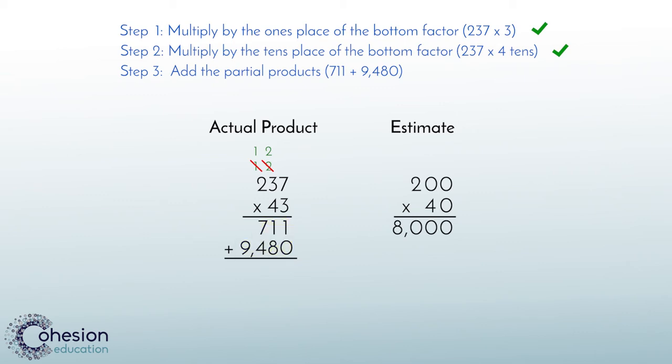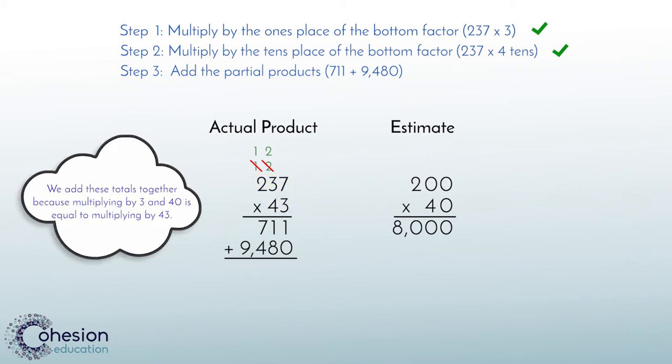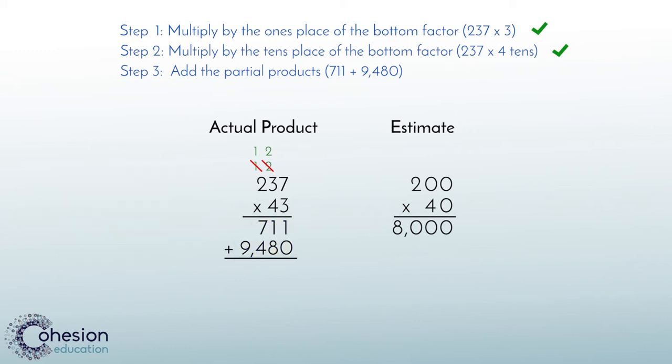If students ever ask why we add here, let them know the original task was to multiply 237 by 43. In our two lines of calculations, we multiply 237 by 3 and then by 40. We add these totals together because it's the equivalent of multiplying by 43. Our final answer is 10,191. Before we can say we are finished, it is important for us to go back and compare our answer